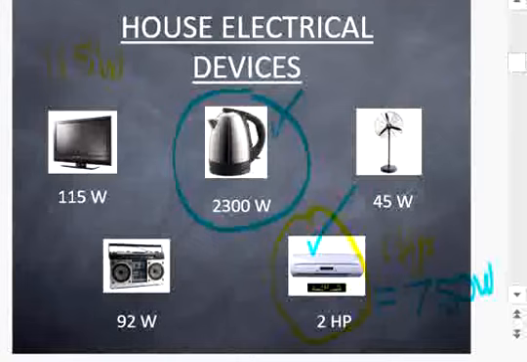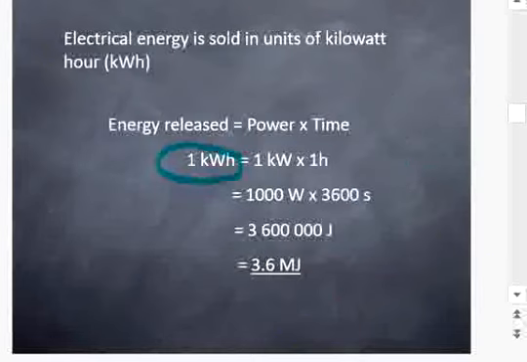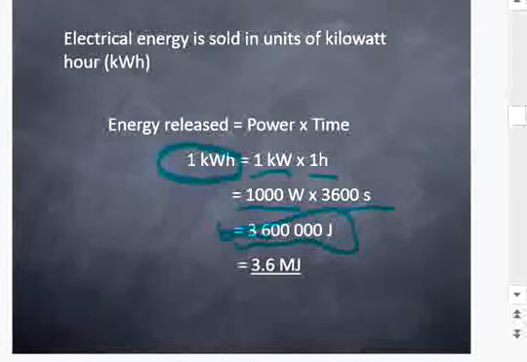Joules is energy, how much energy was used. But 1 kilowatt hour is 1 kilowatt times 1 hour, so 1000 watts, and then hour becomes seconds, 3600, and this is the amount of energy that we use, 1 kilowatt hour, 3,600,000